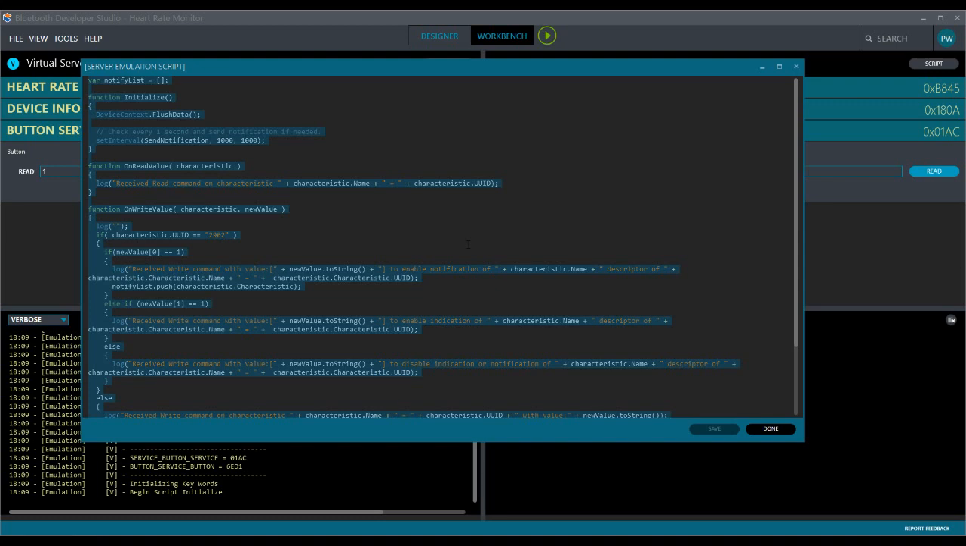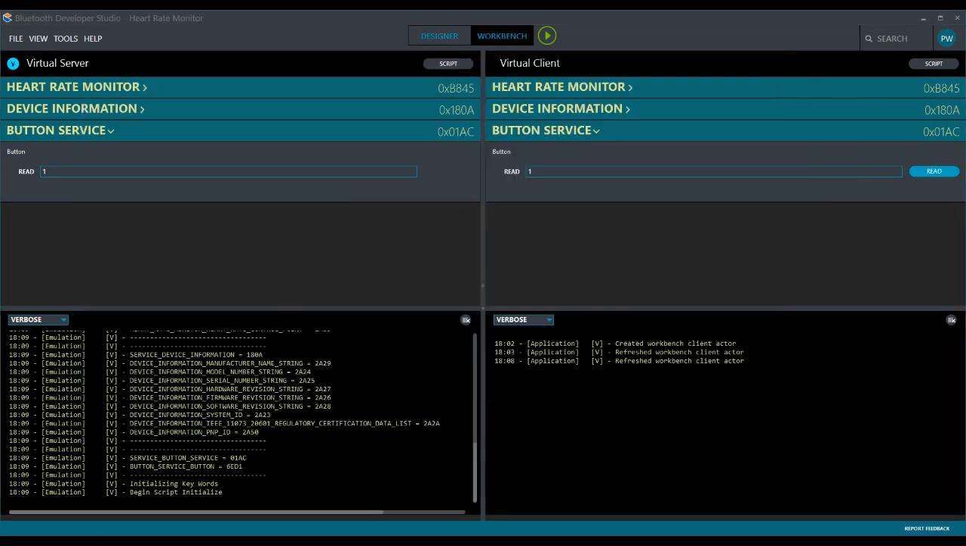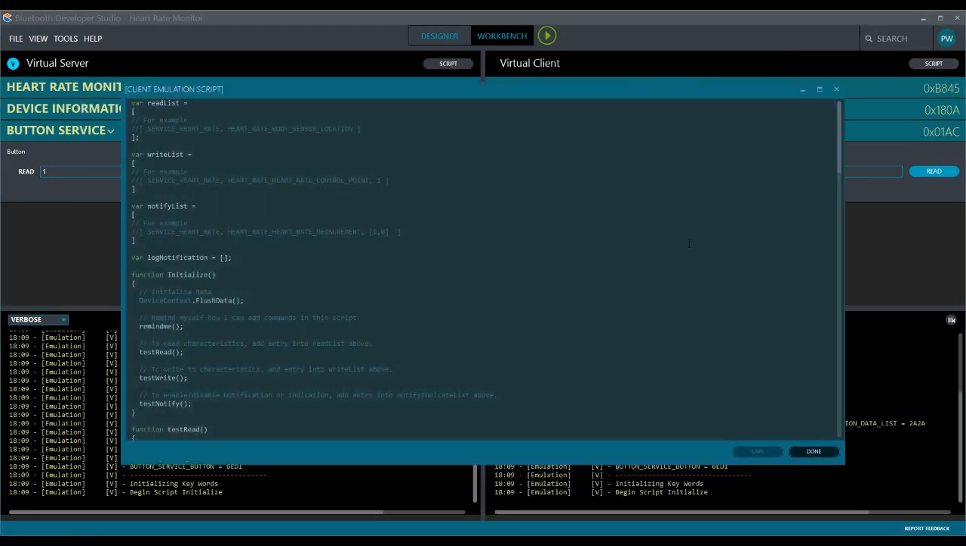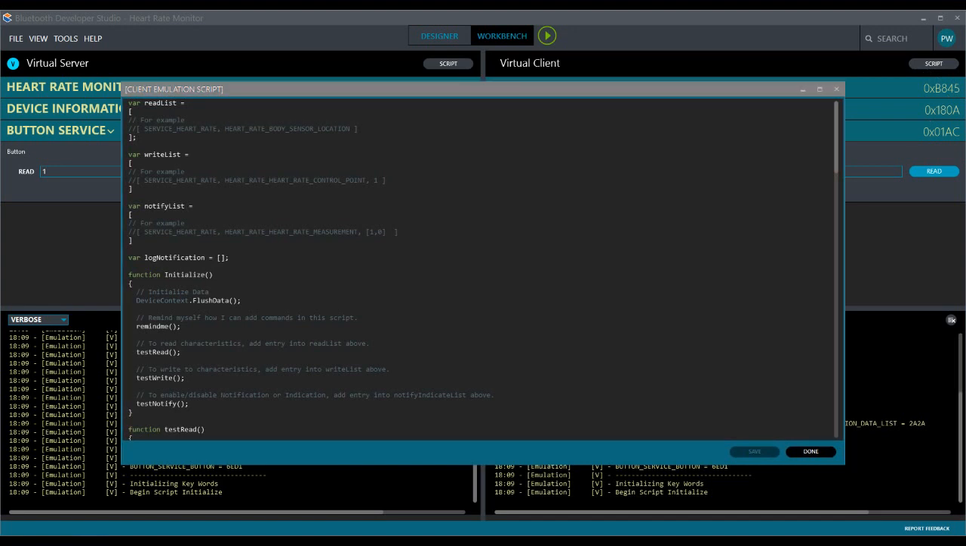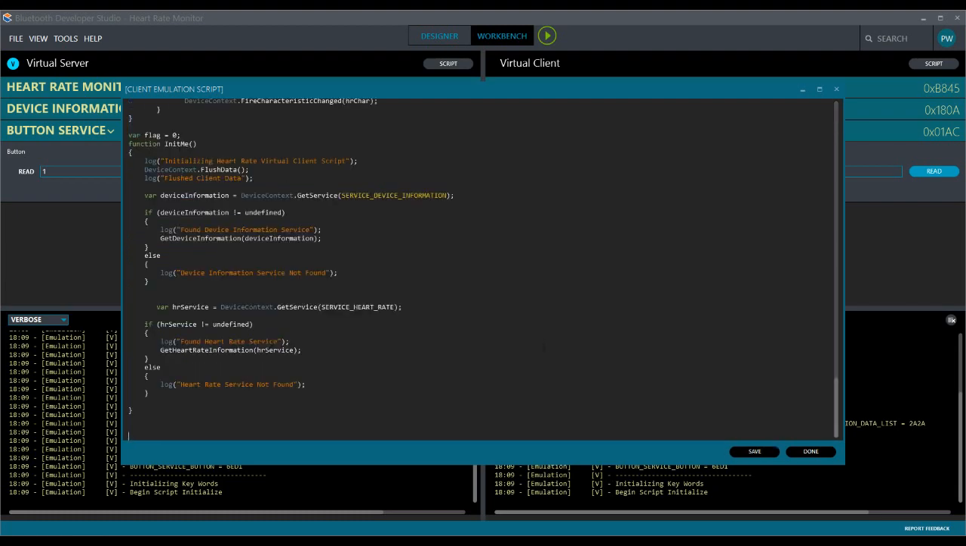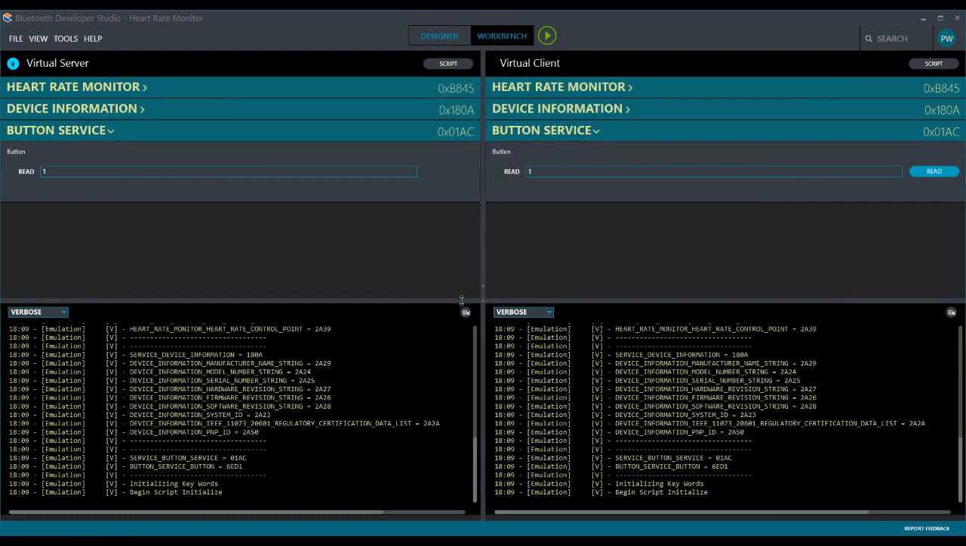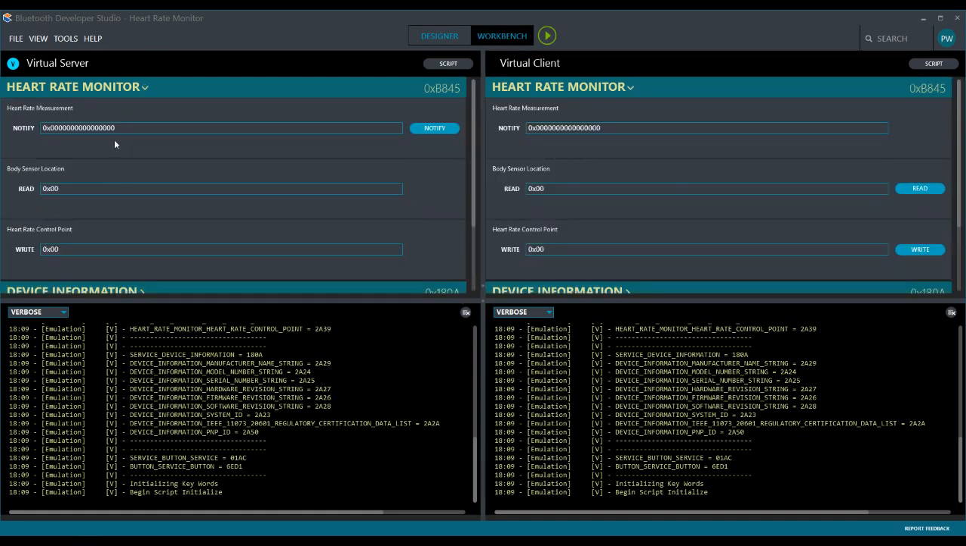Here's one for the peripheral. I can save that up, open up the scripting one, I can grab the one for the client and paste that in. Now what I've done with these scripts is I've actually got it to emulate the heart rate monitor reading the data from a real heart, and then doing a conversion on the client side to show it as a BPM. So if I just start that going,